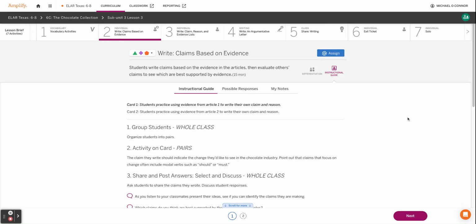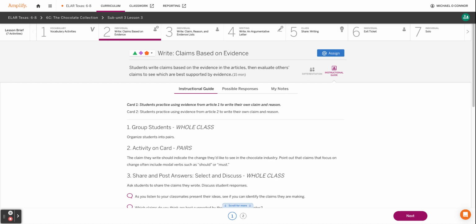All right, everybody, this is going to be a little bit shorter. This is going to focus on claims based on evidence. So, you should have a claim right now. You should have evaluated other claims in your text. So, your large claim for the entire text based on the prompt, and then the other claims that are going